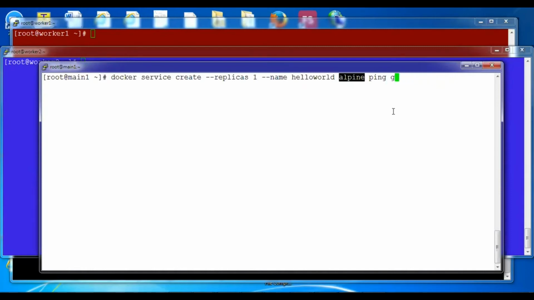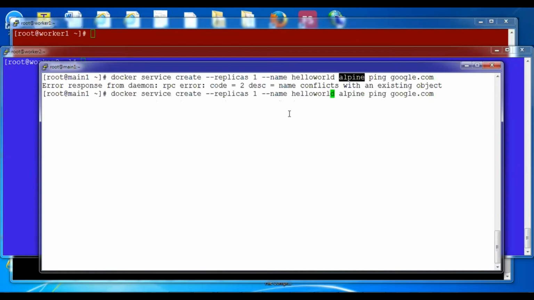Let's ping google.com instead. It says name conflict, so we'll change the name to demo1, and now the service is created and this is the service ID.